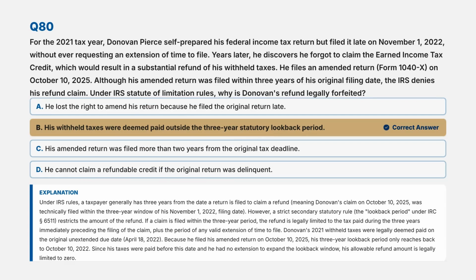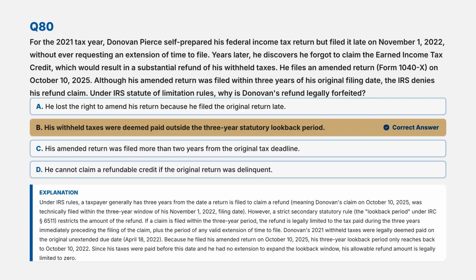The correct answer is B. His withheld taxes were deemed paid outside the 3-year statutory lookback period. Under IRS rules, a taxpayer generally has 3 years from the date a return is filed to claim a refund, meaning Donovan's claim on October 10th, 2025 was technically filed within the 3-year window of his November 1st, 2022 filing